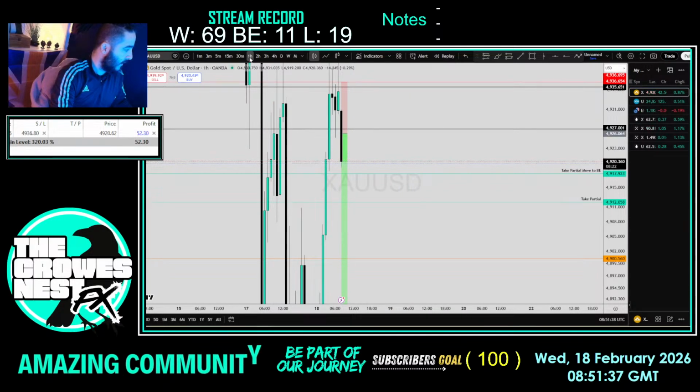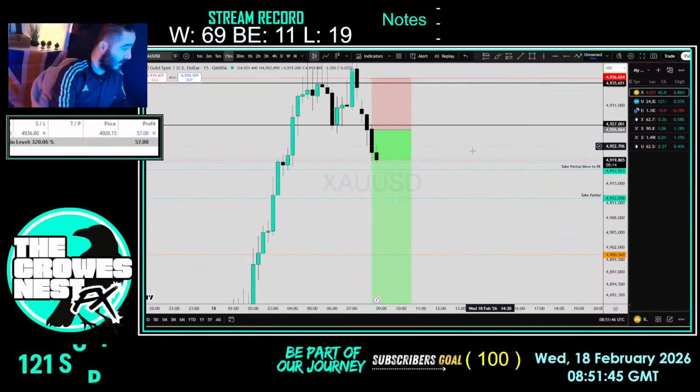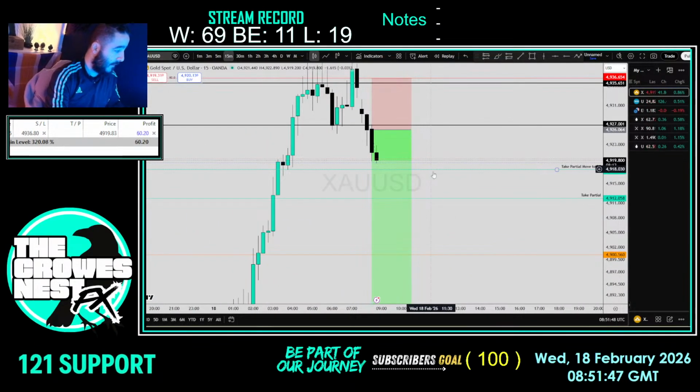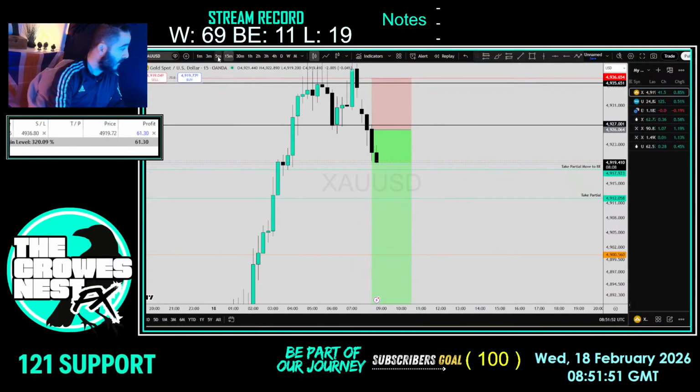Okay. Yeah, we just need an hour close below, basically. So, yeah. Go risk-free if you tap this level. Take partial if you tap this level. See, it's dropping now when I said I need to go to the